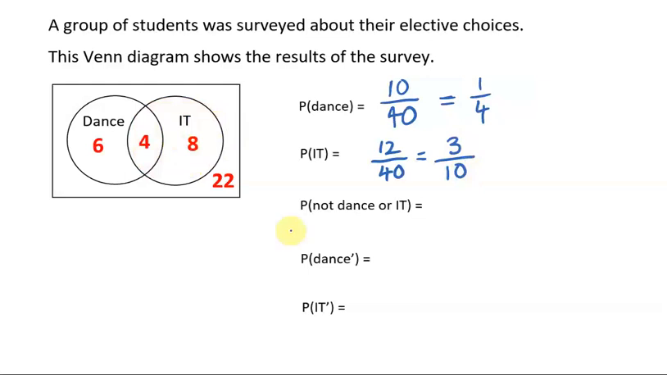Our next part asks us to find the probability that a student does not do dance or IT. Probability they don't do dance or IT. So looking at our Venn diagram, everyone in this circle does dance and everyone in this circle does IT. So people that don't do dance or IT have to be outside of those two circles on our Venn diagram. Which are these 22 students? There are 22 students in there who have favourable outcomes if we want a student who does not do dance or IT as an elective. So that's 22